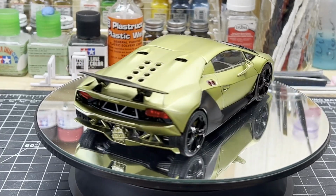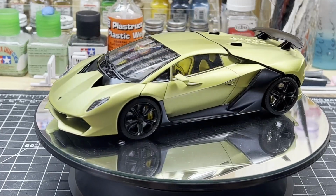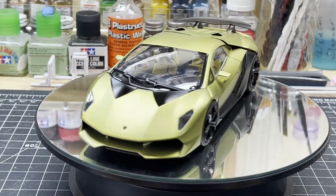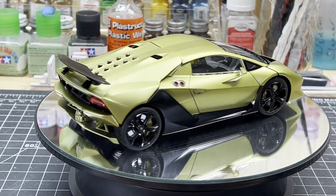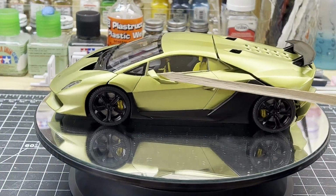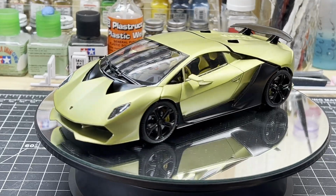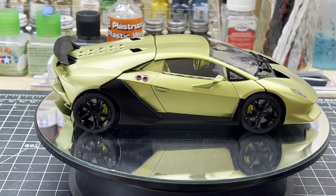I've got to say, up until the end, this was a fantastic kit. It was really going together very well until the end. I will say this: the glass is a pain to glue in. There's not a lot of edging here to glue the glass into place without showing glue. Unfortunately, it looks good, but